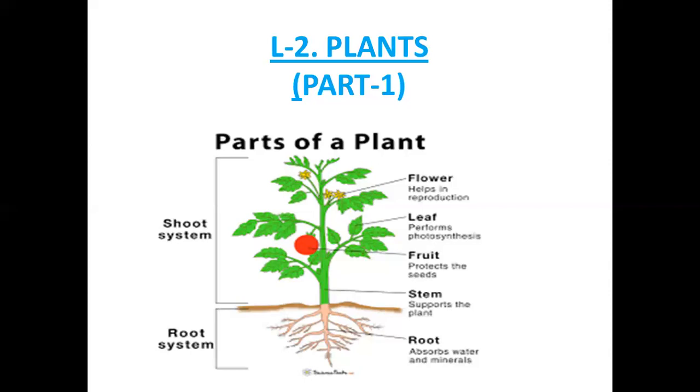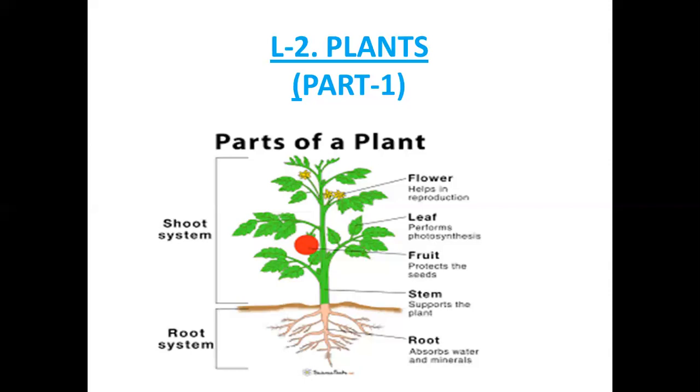Root fixes the plant in the soil and it absorbs water. And the second one is stem, it supports the plant. Third one is fruit, it protects the seeds. Inside the fruit, seeds will be there. And next part is leaf. Leaf is green in color because of the presence of chlorophyll. So this chlorophyll in the leaf is used to prepare the food. So leaf makes food for the plant. Next one is flower. Flower gives rise to fruits. So these are the different parts of the plant and their functions.